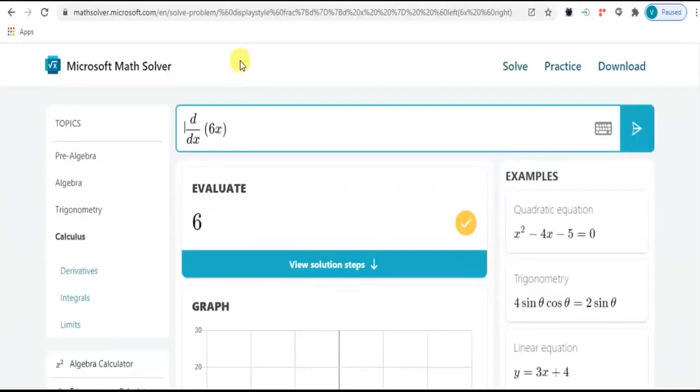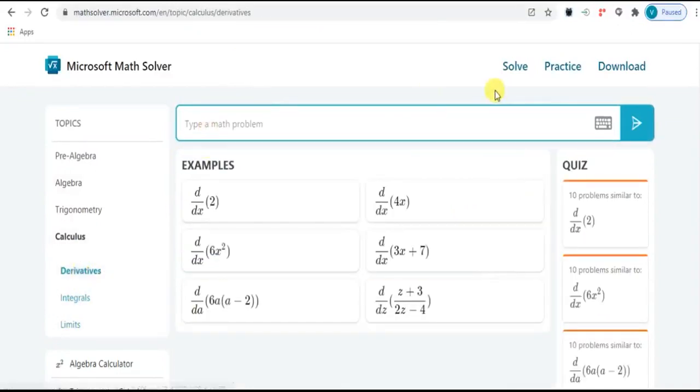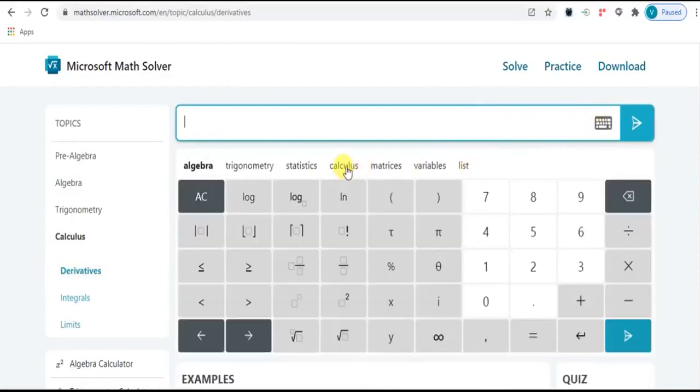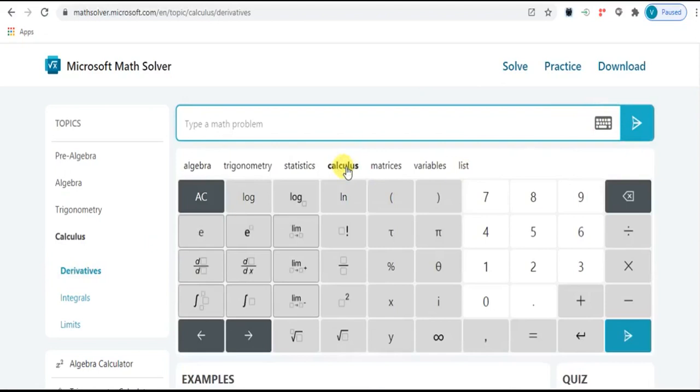Next, under calculus, you can solve 3 types of equations: derivatives, integrals, and limits. Suppose first part, derivatives. You can type the equation here using the calculus calculator.